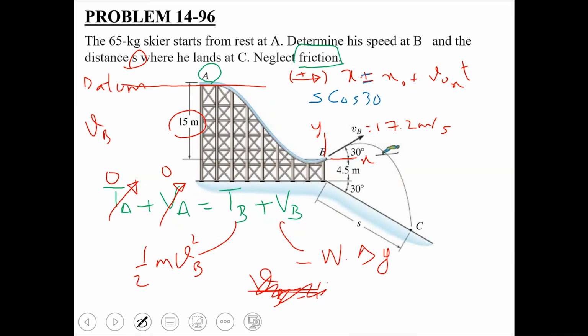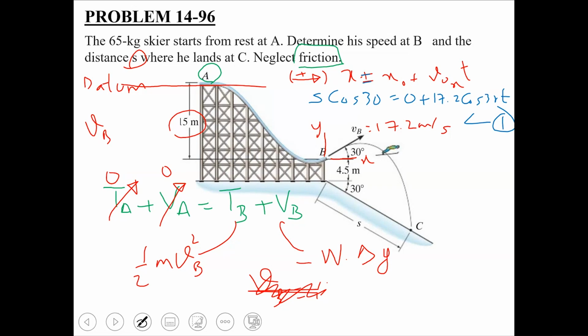So it is going to be S cos 30. x naught मेरे पास 0 होगा since I have defined my origin at that point. और v naught x क्या हो जाएगा? It is going to be v आपके पास 17.2 आया था, तो 17.2 cos 30 t, ऐसा ही है। क्लियर है ये इक्वेशन या किसी को कोई डाउट है इसमें? क्लियर है सर।